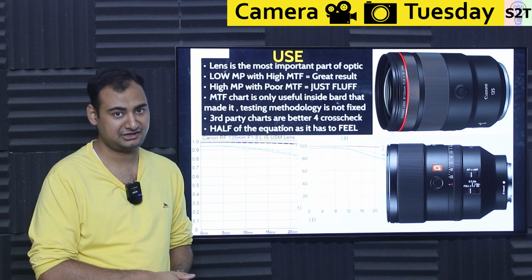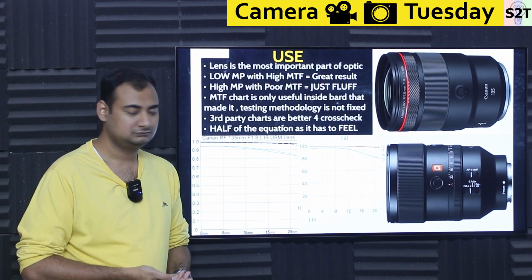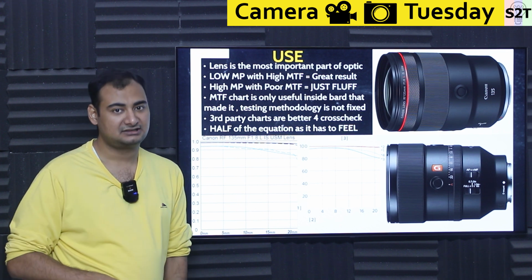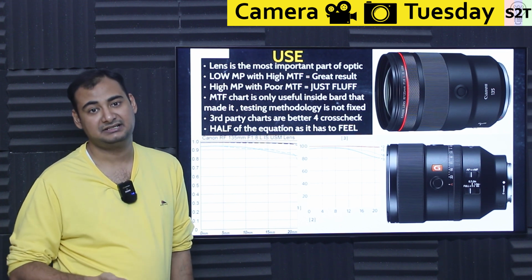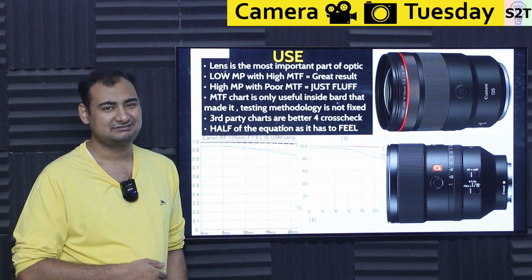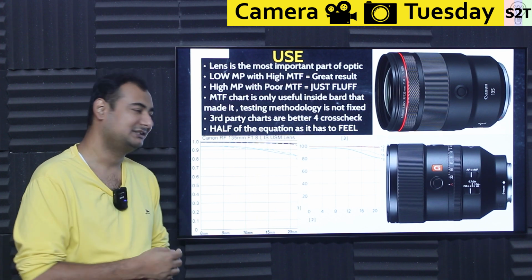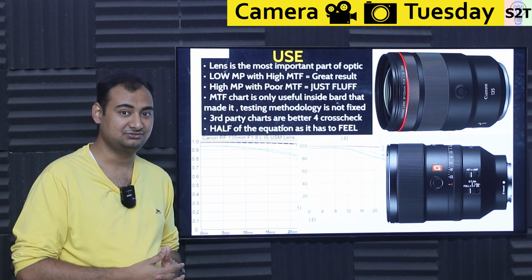Do not jump from brand to brand. You cannot be like, okay, I'm going from Sigma to Tamron to Canon. No, that cannot be done, unless it's a third-party chart. Back in the days, we had the ExoMark company that was doing that, but they went bankrupt because there is no actual valid way of monetizing this data. So I do see it, but I really wish somebody would start to do this again.